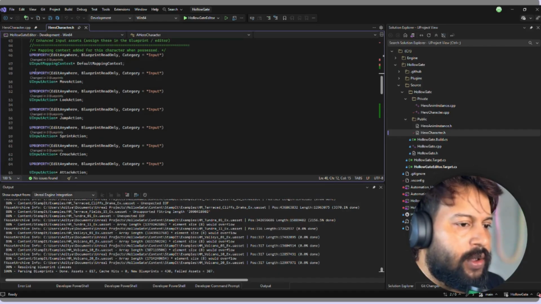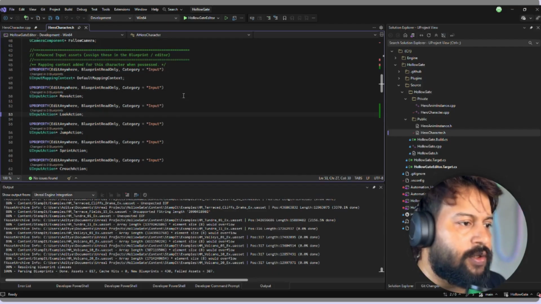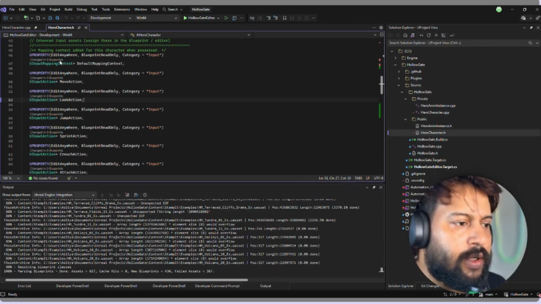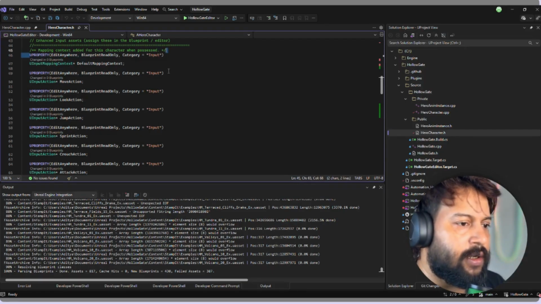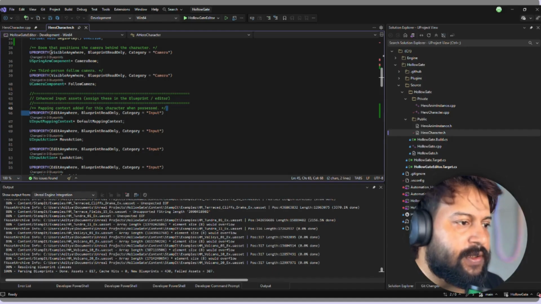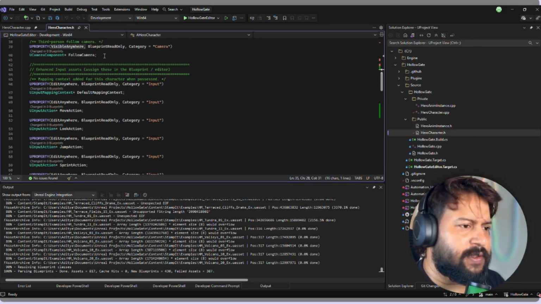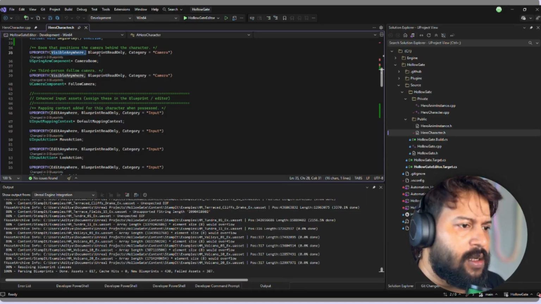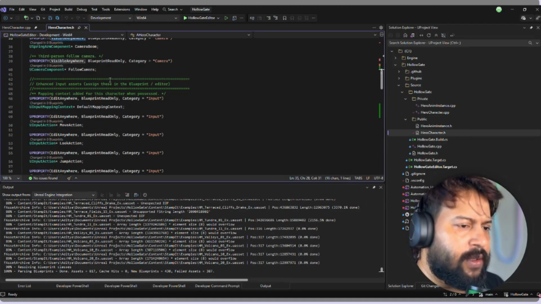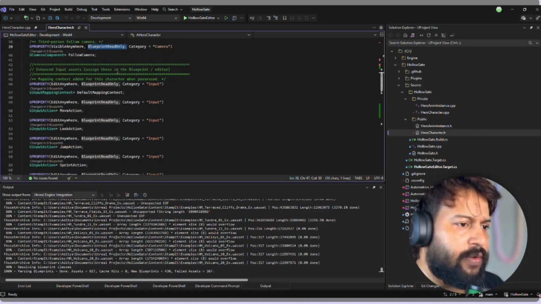Now moving forward, these are the input components we need to set up, and we are also going to access these variables from the blueprint. That's why I keep this decorator. One thing to notice here is that this is VisibleAnywhere and BlueprintReadOnly type of variable, because we don't need to manipulate the spring arm component and the camera component from the blueprint. That's why I keep it as BlueprintReadOnly, so we can only see or read it